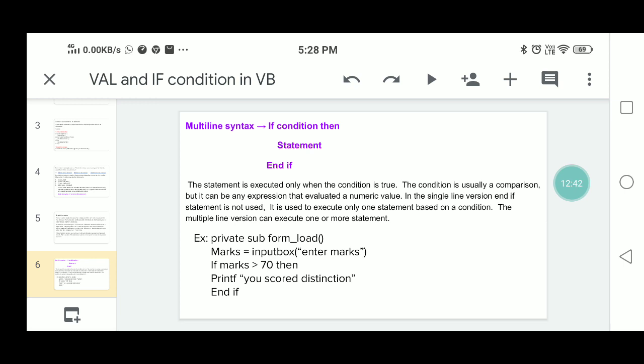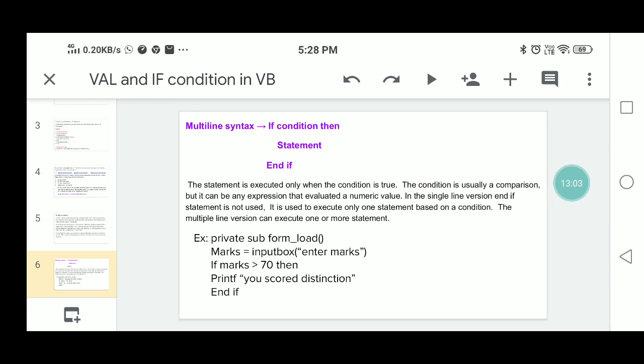In this single line version, the end if statement is not used. It is used to execute only one statement based upon the condition. The multiple line version can execute one or more statements, so in multiple line statements you can use more than one statement.